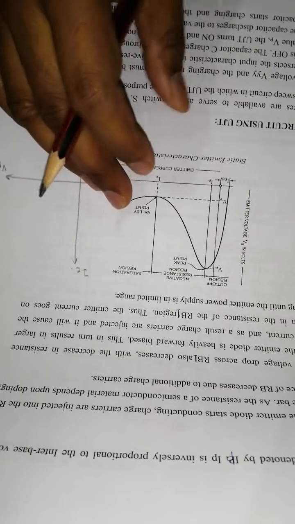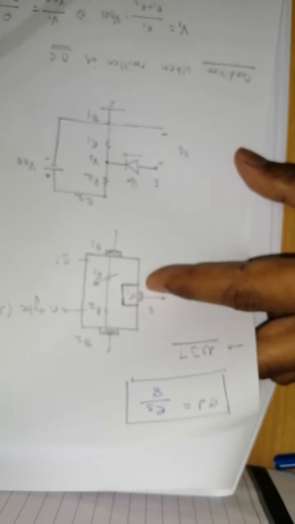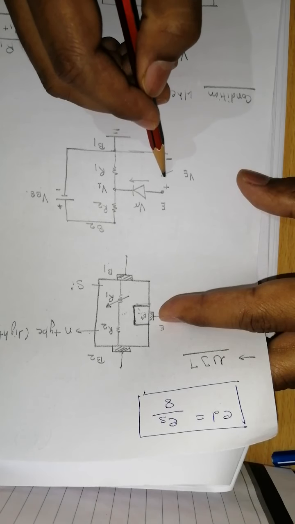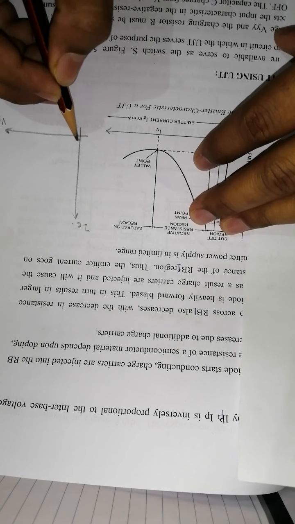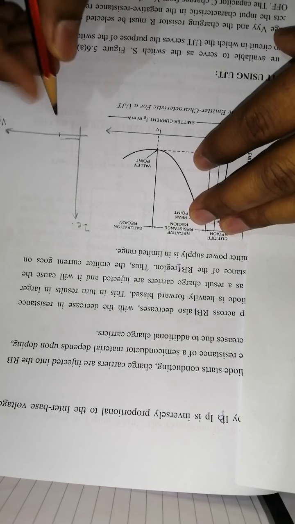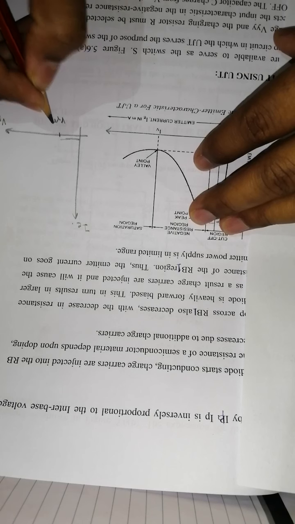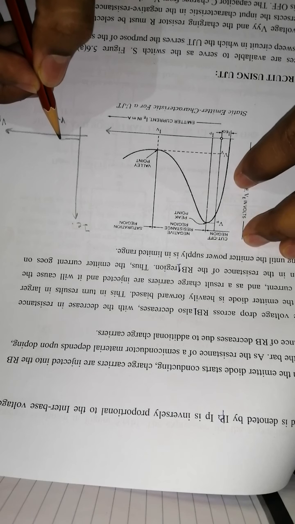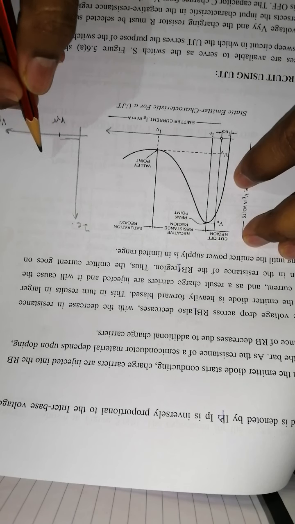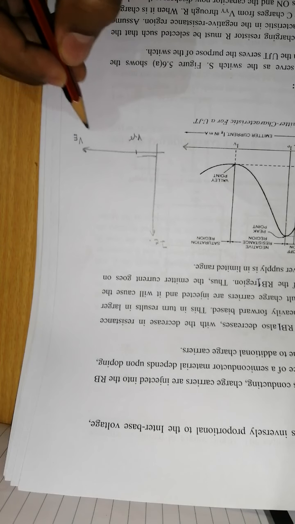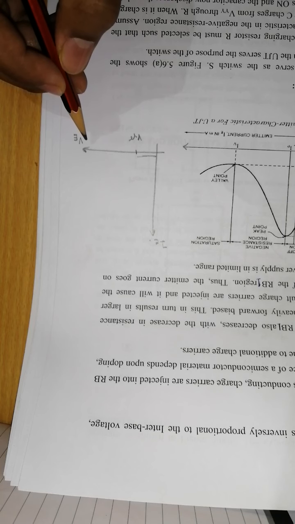When you apply the emitter voltage and it gradually increases, a small amount of current flows in the circuit. Now suppose this is your cut-in voltage, V gamma, but at this instant your device is not going to be forward biased. Why? Because you already know that at the other terminal we have the voltage VP. So until VE is equal to VP, the device is not going to conduct.